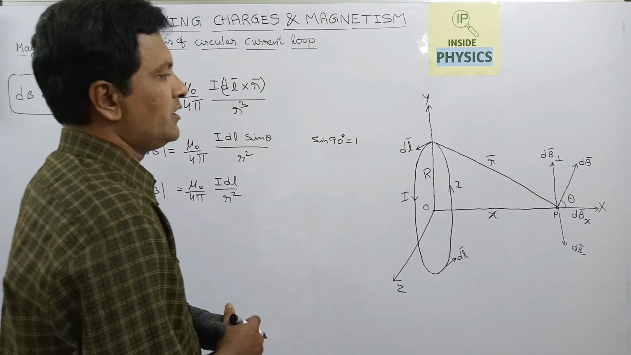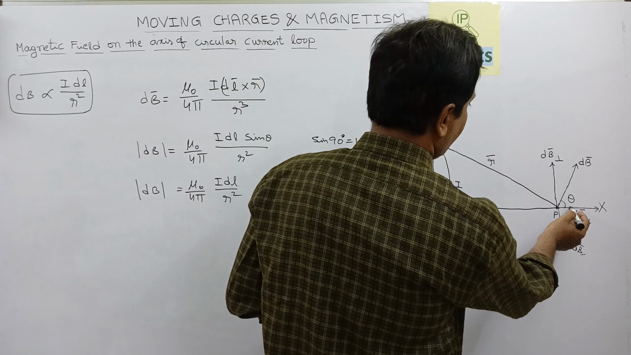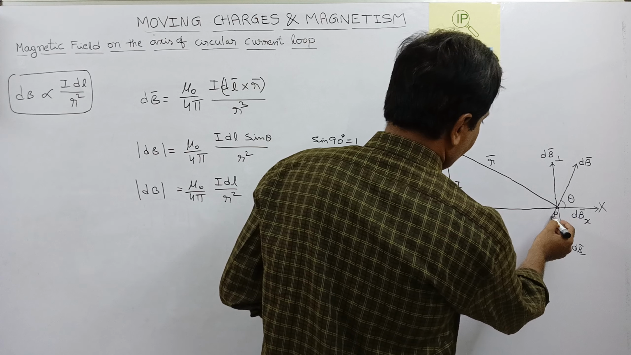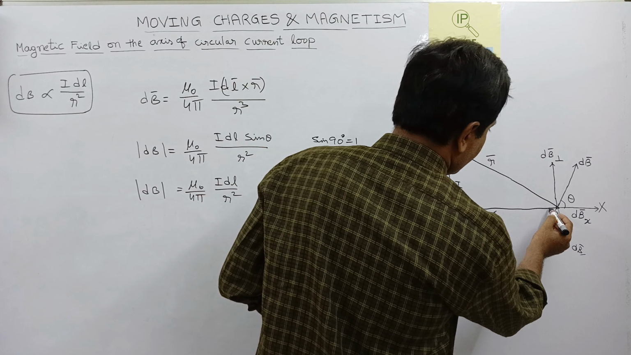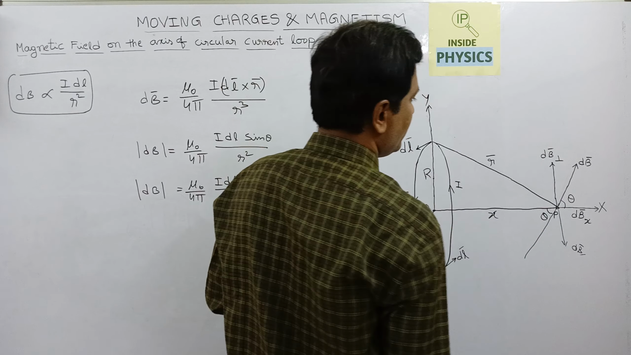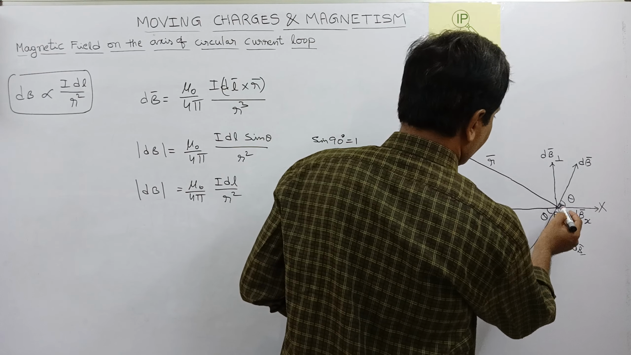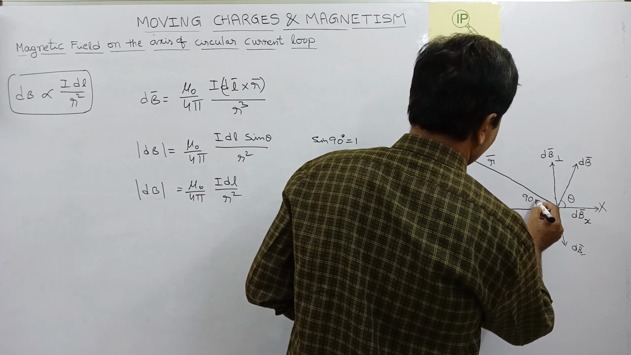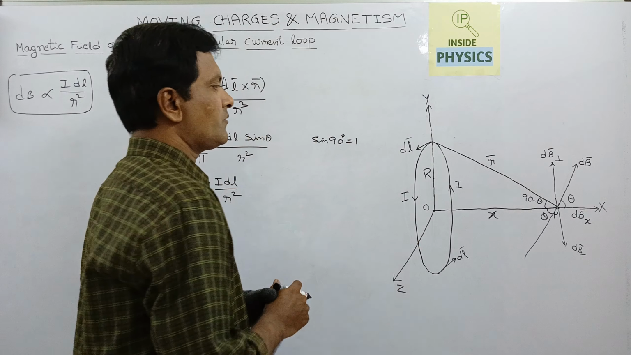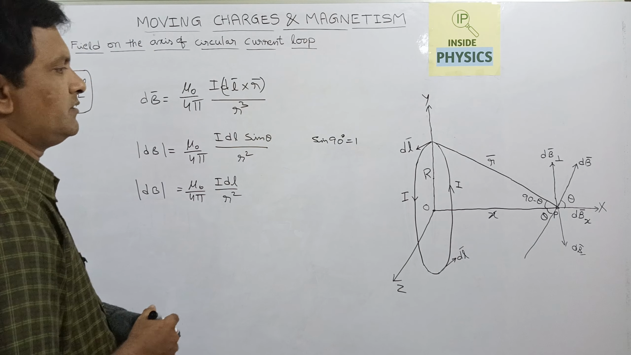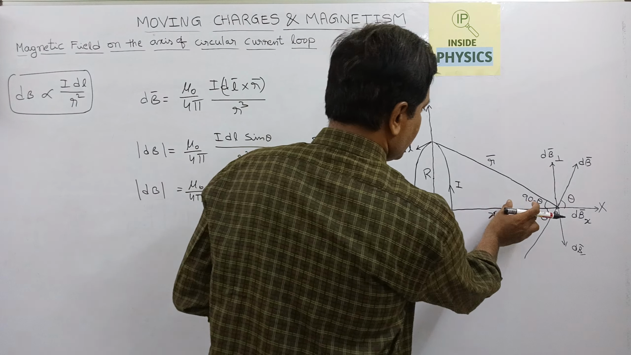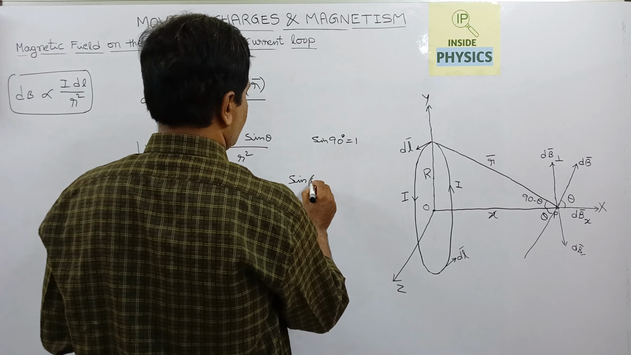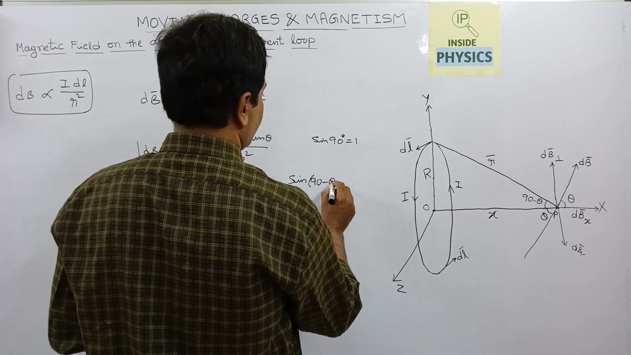So in this way, if you observe, this is theta, okay, and I will extend this vector. So this is also theta. If this is theta and this is perpendicular to this position vector, this will become 90 minus theta. If you take the sine component of 90 minus theta, sine of 90 minus theta,